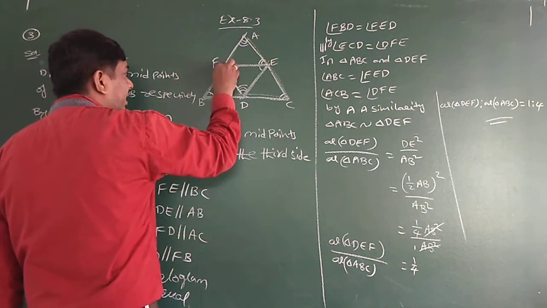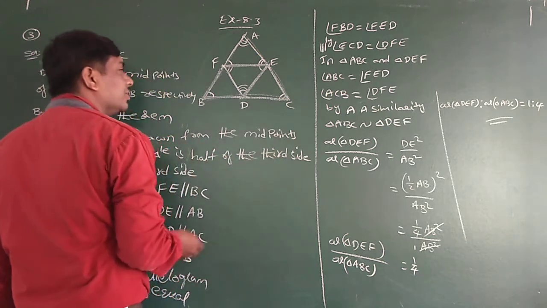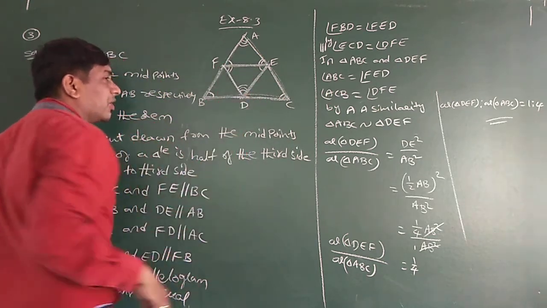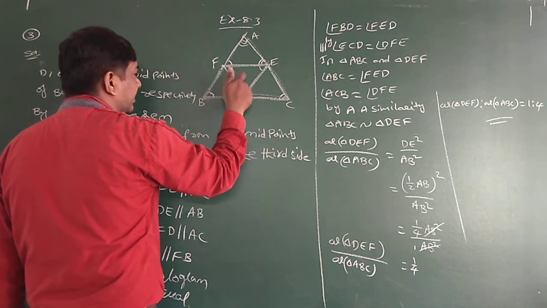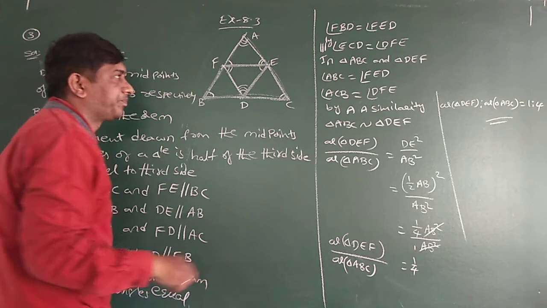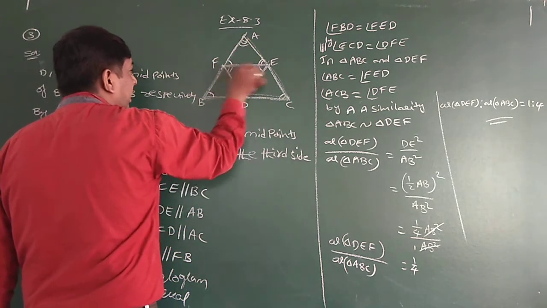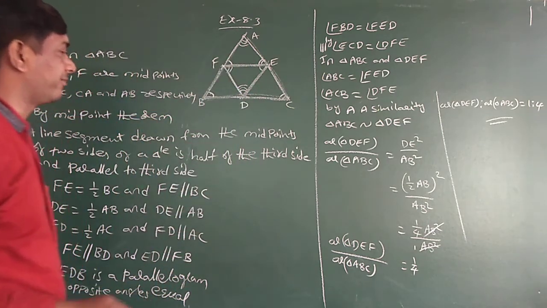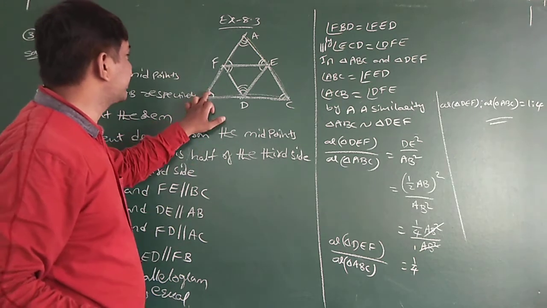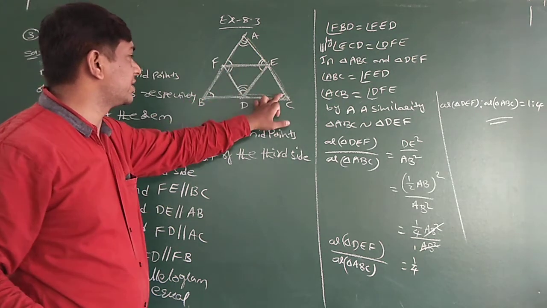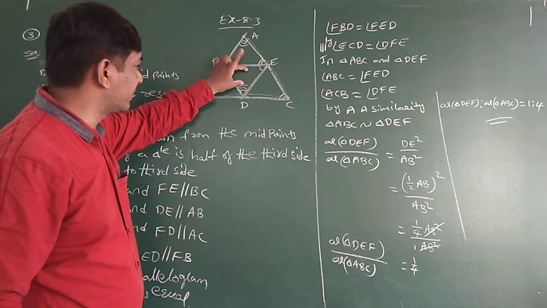In the similar way, FD is parallel to EC, FE is parallel to DC. So again, it is a parallelogram. In a parallelogram, opposite angles are equal, so angle F is equal to angle C. Here DFE is equal to C. Now, in triangle ABC, the whole triangle, and the partition, triangle DEF formed by the midpoints: since this angle is equal to this angle and this angle is equal to this angle, by AA similarity, this whole triangle is similar to this one.